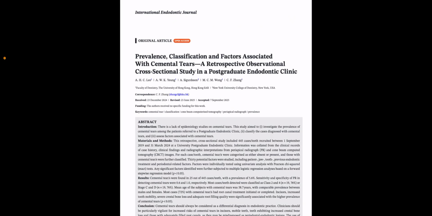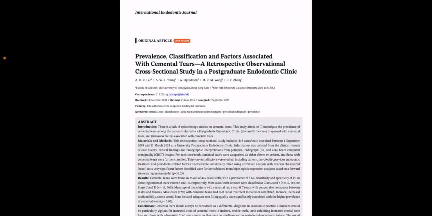Lee and others in 2026 titled Prevalence, Classification, and Factors Associated with Cemental Tears, a retrospective observational cross-sectional study in a postgraduate endodontic clinic. So the objective of this study was to determine the prevalence of cemental tears using high-resolution CBCT and digital periapical radiographs, to categorize identified cases using a specific classification system, and to evaluate potential factors associated with their occurrence. They had a total sample size of 445 teeth from 445 patients, screened from an initial 575